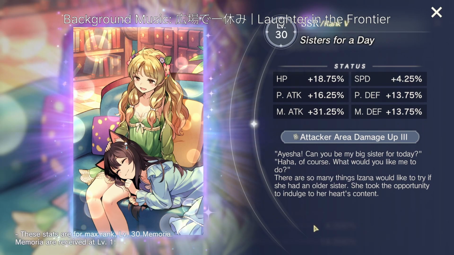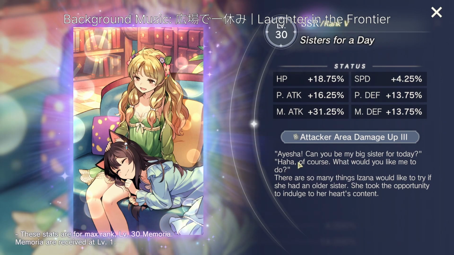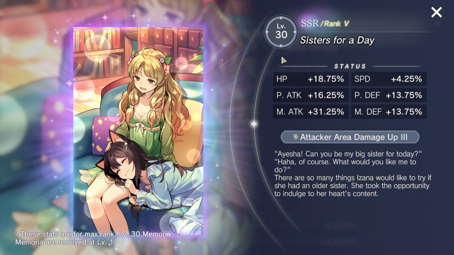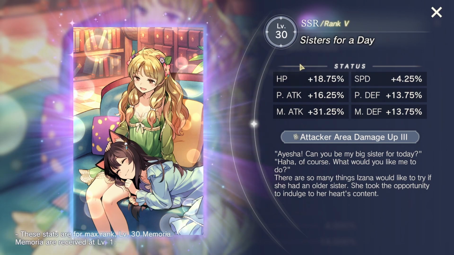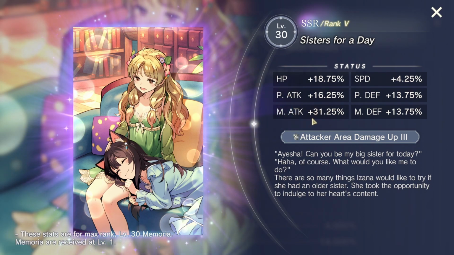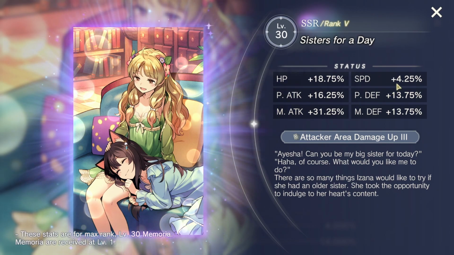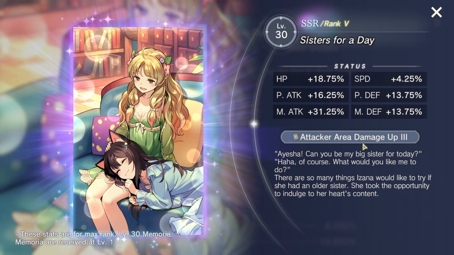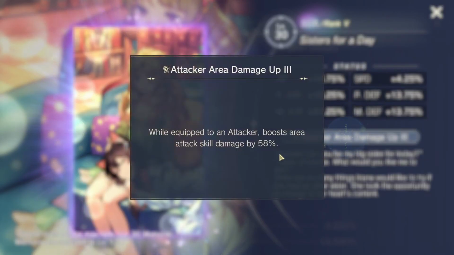Alright, so after recording Regina's B-roll as well as her own segment for the Legend Fes Breakdown, we have this featured Memoria called Sisters for a Day, which has the highest buff on magical attack by 31.25%, the lowest being speed, with both defenses at 13.75%. I guess you can say that this is